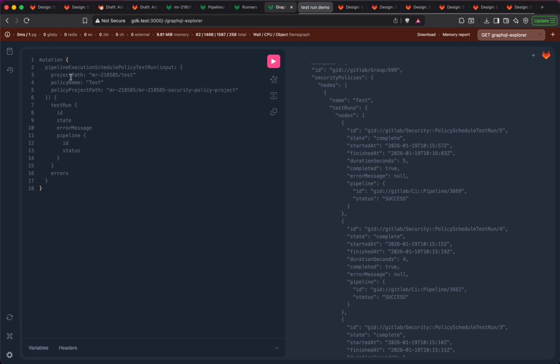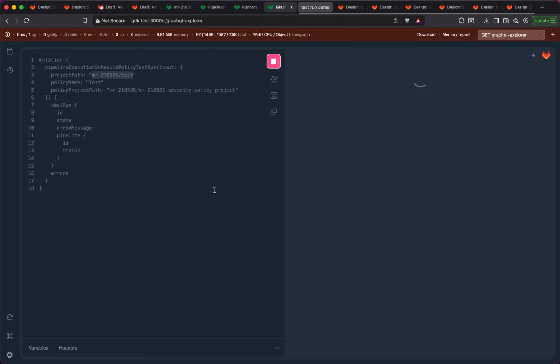I've added this new notation in my prototype where you can select a project path. This will be the path for the project that will be used to test the pipeline, the policy name, and the path for the security policy project. So we're going to run this. It will create a new